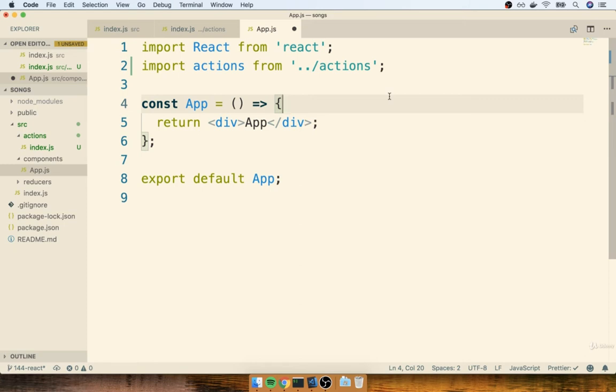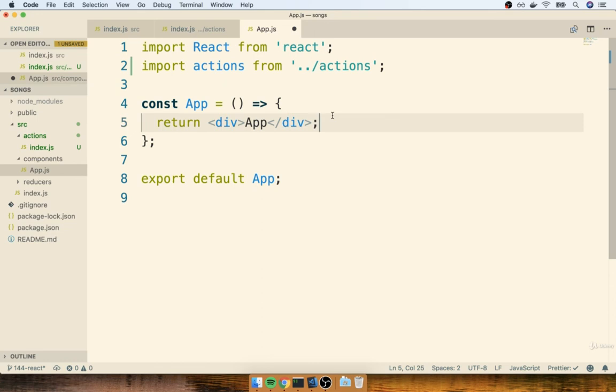If you do not specify a file, then Webpack, remember that is the tool that is joining all of our different files together, if you only specify a directory, Webpack is going to automatically give you the index.js file. And so when we create an index.js file inside of some directory, it's really just a shortcut. We could just as well call that file action creators or something like that. But again, we usually end up calling the root file inside of actions and reducers, as you're going to see very quickly, the index.js file.